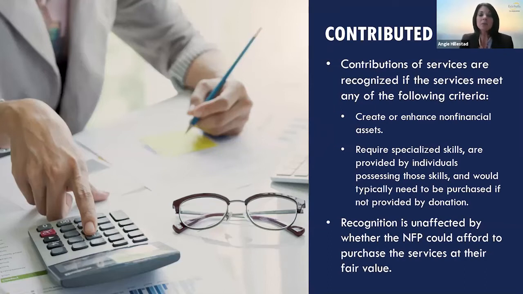This is a case where, as we think about the accounting for this, we would recognize the revenue for the donated architecture services as a direct offset to the debit that's going to increase our construction in progress on that project. This is a case where a non-financial asset, that is our building, is being increased by the contributed services from the architect. Other common examples might be when an attorney is donating time to help your organization with bylaw changes. This again meets that criteria of something that would need to be obtained from outside of the organization if it was not being donated.